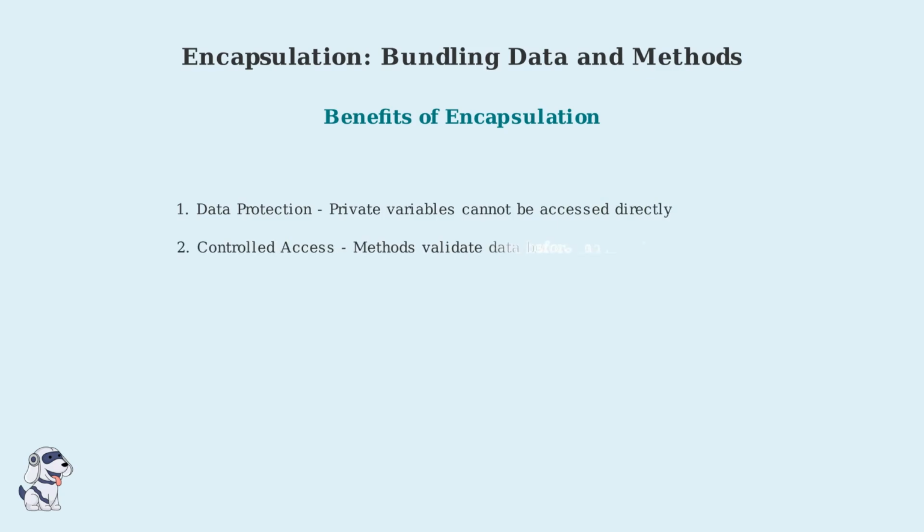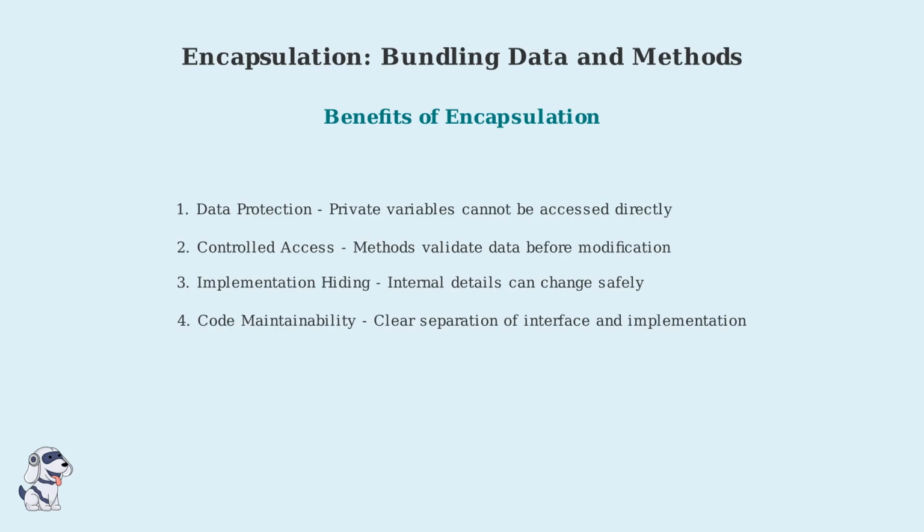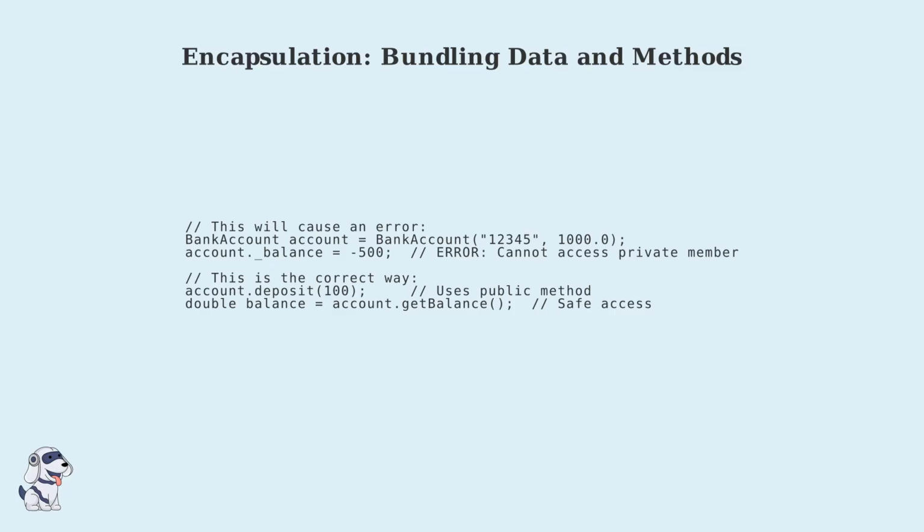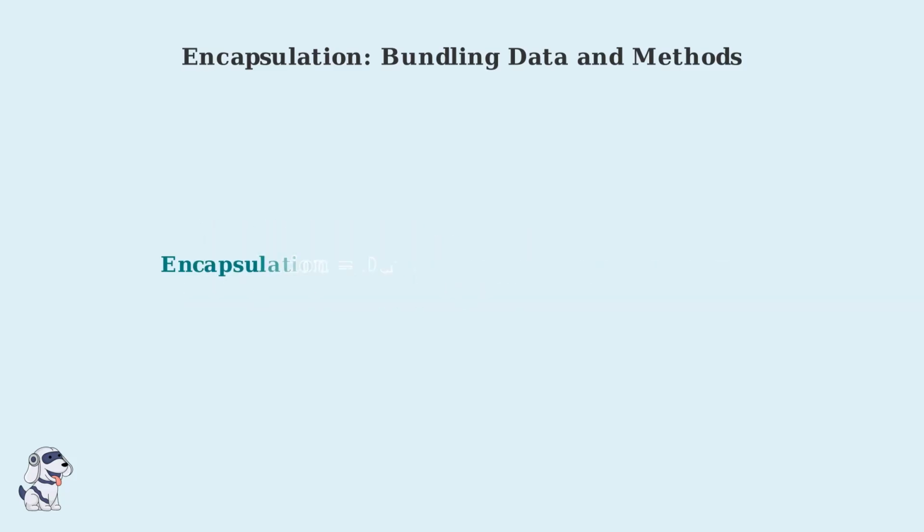Data protection, controlled access, and the ability to change internal implementation without affecting external code that uses the class. To demonstrate encapsulation in action, here's what happens when we try to access private data directly. Dart will prevent this access, protecting the object's internal state. Encapsulation is essential for building robust, maintainable code. By bundling data and methods together and controlling access through private and public members, we create safer and more predictable